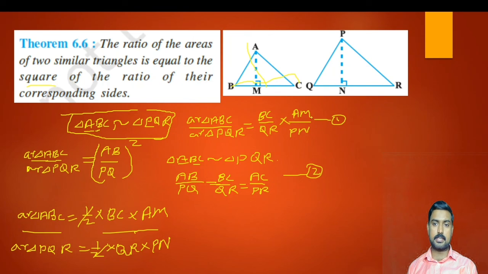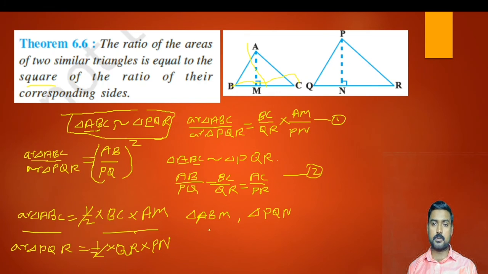Now we can consider this AM and PN is required. So AM and PN, two triangles are there. Consider triangle ABM, comma, triangle PQN. Why do we consider these two triangles? These triangles include the side AM and PN. That AM PN ratio is required. So these triangles including AM and PN, we can prove that they are similar.